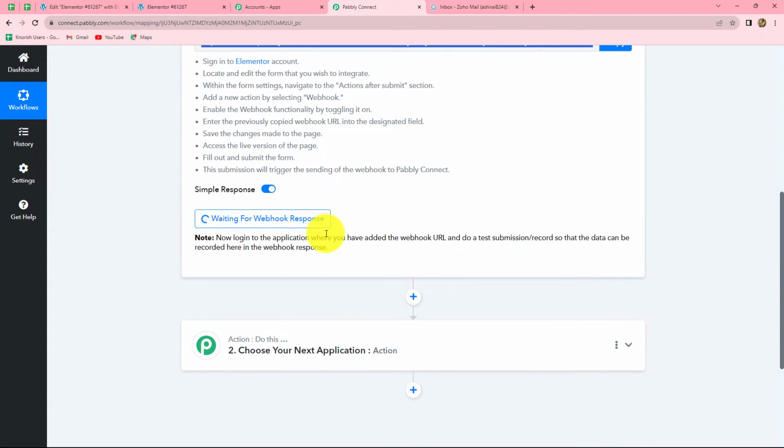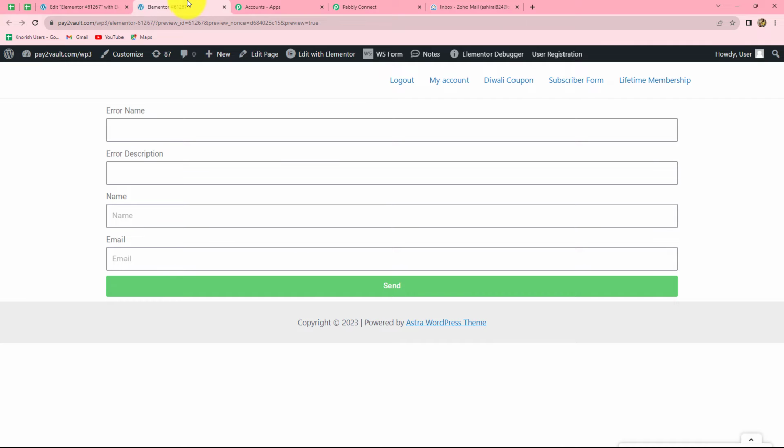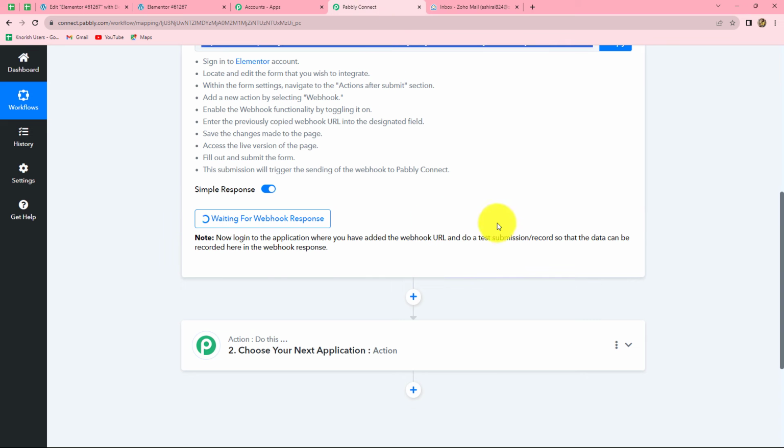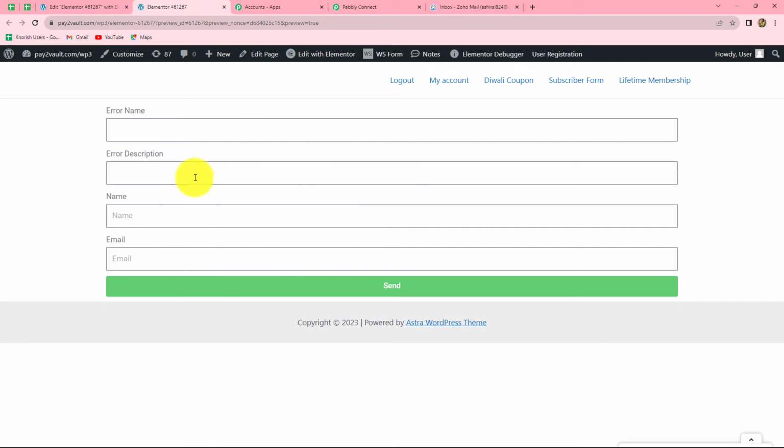That means now we have to do a test submission by filling up this Elementor form so that the response of this form will be captured here in Pabbly Connect. Okay, so what we are going to do, we will simply enter the details and submit this form. Because I'm doing a test submission, here I'm going to enter dummy details. First of all, let's start with the error name. So here I'm going to enter the name of the error, let's say connection error. Now I'm going to enter a description, let's say there is an issue in connection of applications,